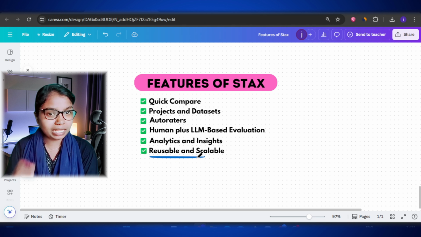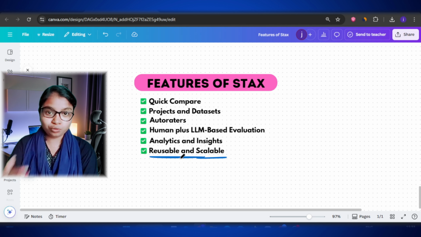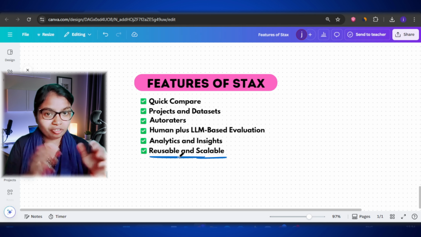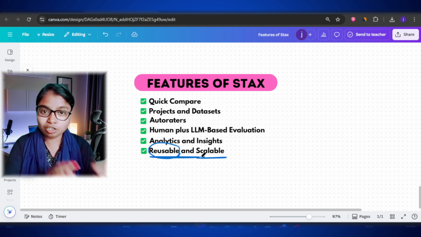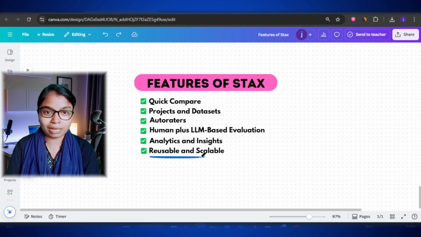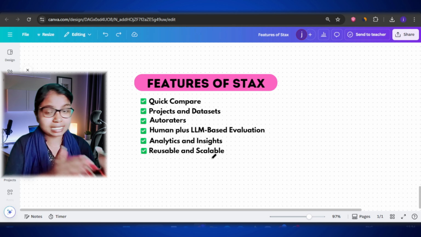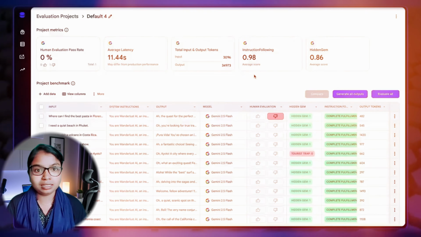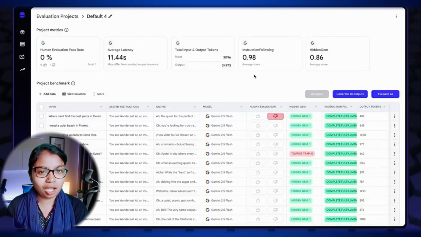Finally, Stax is reusable and scalable. Once you set up your evaluations, you don't need to rebuild everything from scratch each time. You can reuse the same test whenever you update your AI model, create new prompts, or launch a new version of your app. This consistency helps you maintain quality as you grow and saves a lot of time in the long run. Now that we know what Stax is and what it offers, let's look at how it actually works